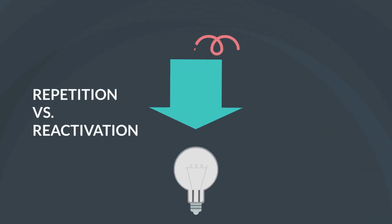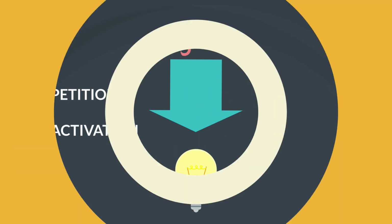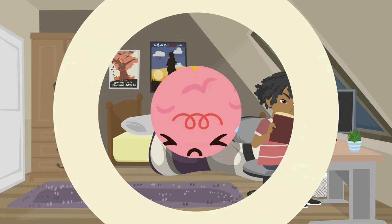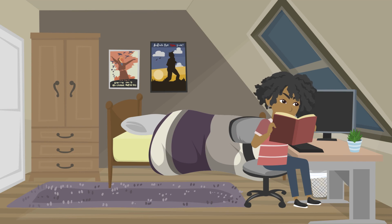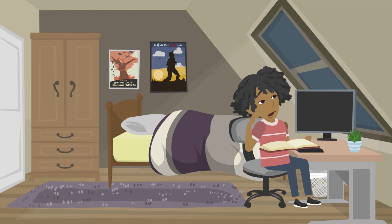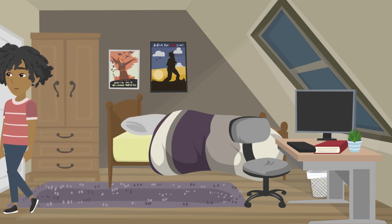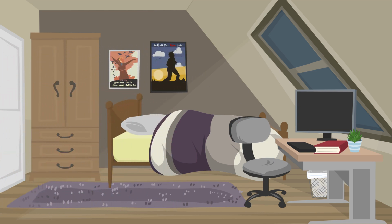The first mistake is to rely on repetition rather than reactivation. In the brain, all learning results from the repeated activation of neurons related to the targeted learning. However, rereading the lesson is not the best way to activate your neurons. On the contrary, prolonged repetition leads to a decrease in neuronal activation, which can be recognized by the fact that the study suddenly seems easier and less motivating. At these signs, it is better to put it aside and return to it later, ideally after a 24-hour delay